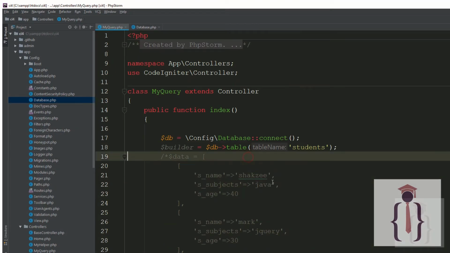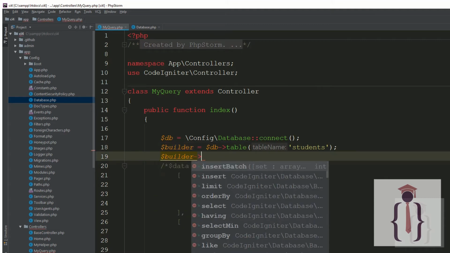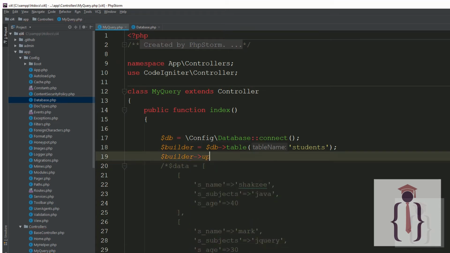Now, this is the table. I want to update some record. So how do I update? Use the update method, specify your column data. This is an associative array, and you have to use the where clause, which is also an associative array.